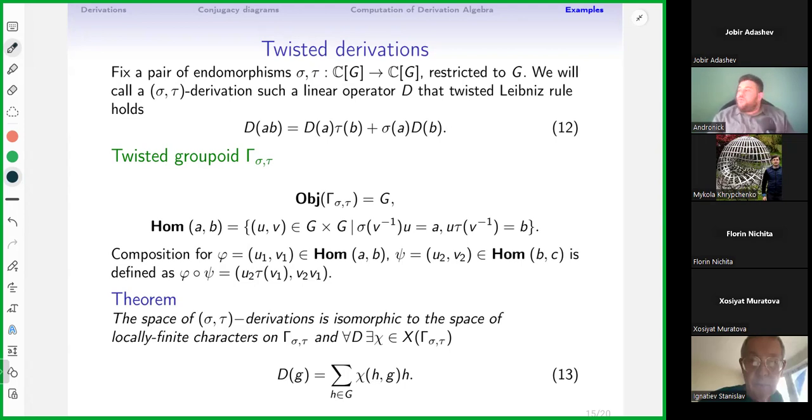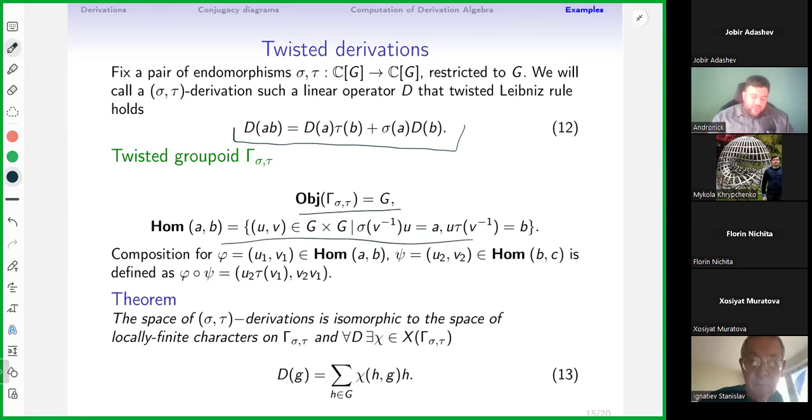Here are results from a common paper with my student Alexander Alexeyev and Professor Sergei Silvestrov. We looked for derivations which satisfy such an identity. Here, sigma and tau are endomorphisms which are extended from group endomorphisms. And then, with a similar idea, you have to consider a twisted groupoid,